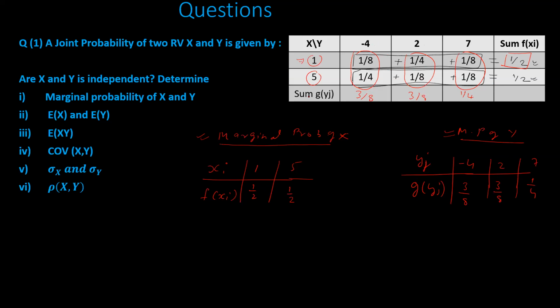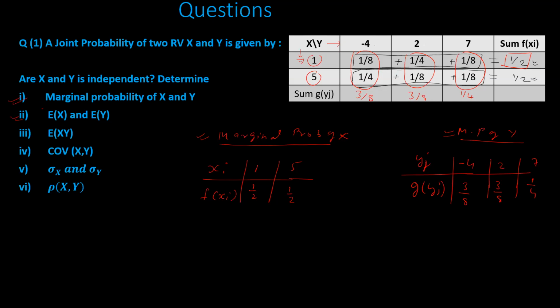So that is what I have written previously in mathematical form. The marginal probability of x means, because these are y values in this case, the sum over y I have taken, and the marginal probability of y means, these are x values, so the sum over x columns I have taken. So now you have got the idea of marginal probability of x and marginal probability of y. So the first question I have answered.